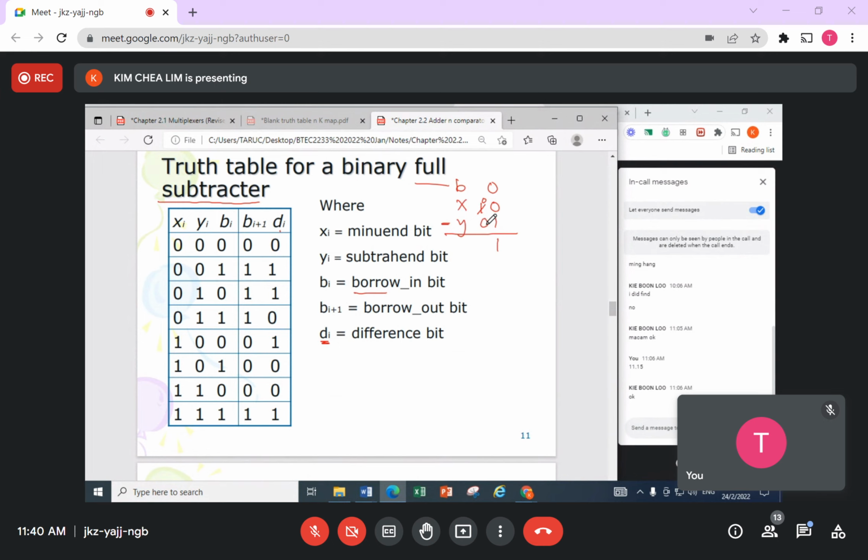And now, because you lend it to other people, you borrow out. Then you find that you actually have a 1 here just now. You lend to other people, so borrow out. You borrow out. All right. So with this, then